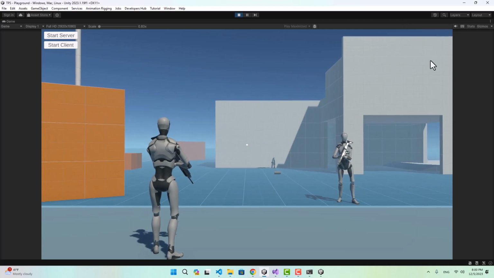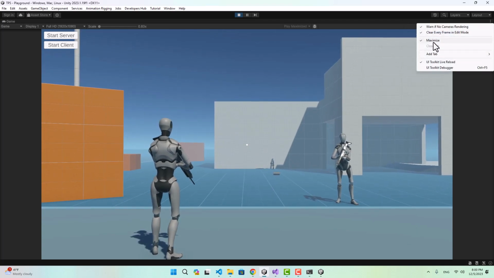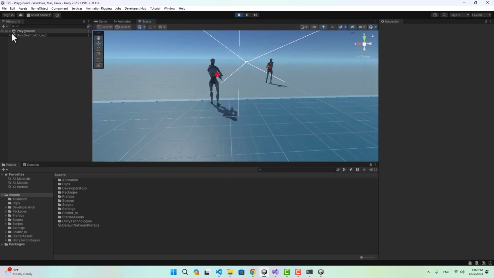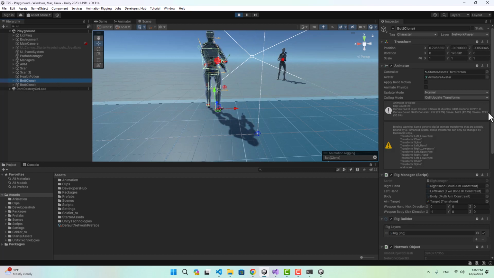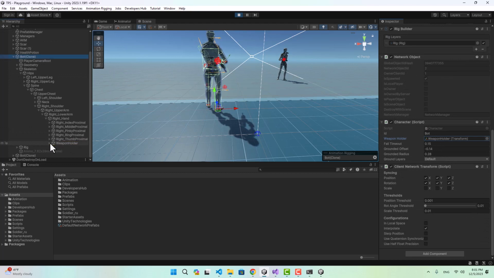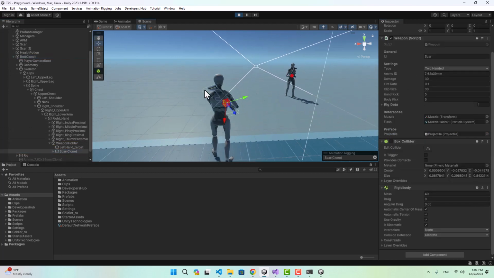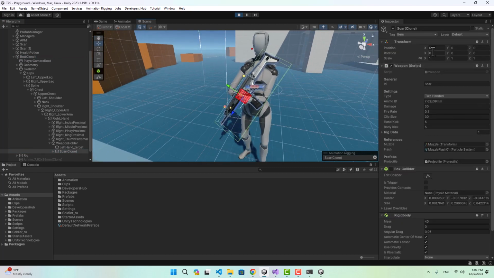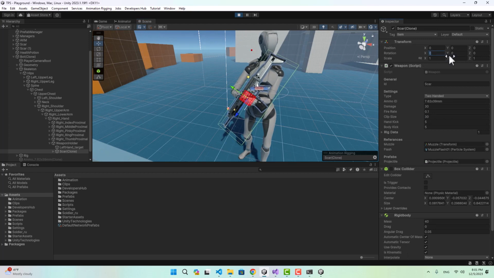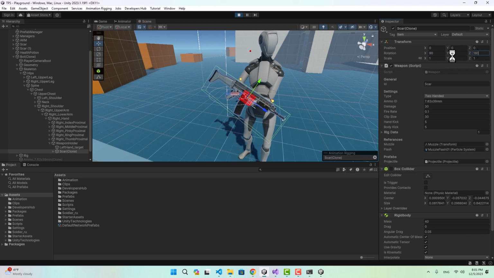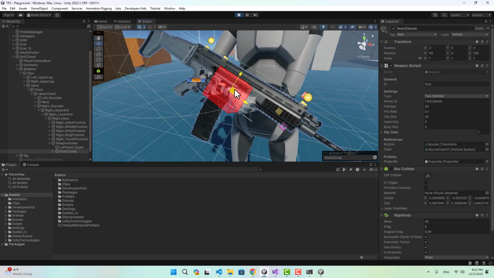Inside the editor, any change we do on the weapon is going to be saved. So I am going to keep the game running, and I go to the character in the scene. Let's go to this one here, and let's check out the weapon holder. So that's it, that's our weapon. If I go and change the position and rotation of this weapon, it should directly be saved in the prefab. So for the rotation I'm going to say 90 here, 180 there,